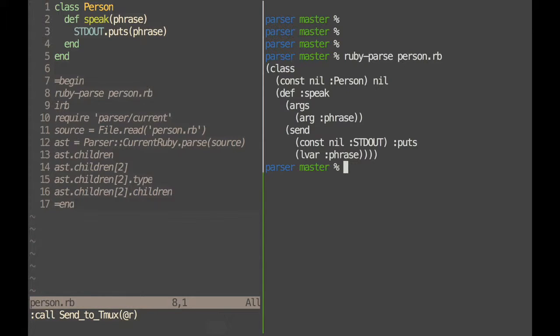So you can see the highest level, there's class, and then you can think of the next things as arguments to the class. There's a const Person, and then nil. Nil is what the class inherits from. So if it doesn't have anything it's inheriting from, it just leaves it nil by default. And then there's the method definition, its arguments, and then the body, which is a send. And we can actually